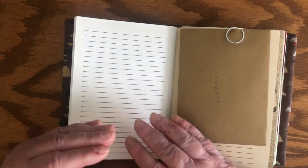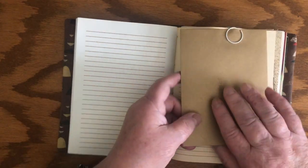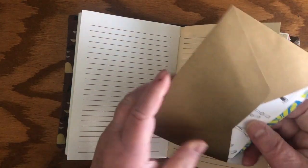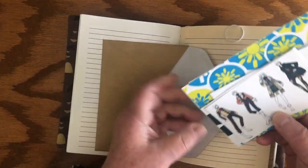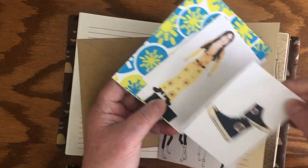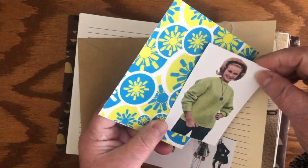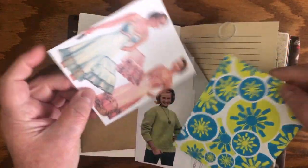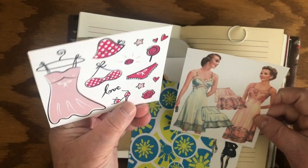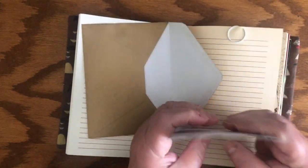So it's entirely up to you how you use it, whether you just start writing your memories, whether you use the prompts, or whether you write memories down to help others. So this one says clothes. So these are just a few pictures of clothes that might jog memories. So there's some 1970s girls with improbably long legs, high tops, a funky Mary Quant jumpsuit, a 1960s sweater, very vivid print, and then some silky looking undergarments and some less silky looking undergarments. Who knows what thoughts they'll trigger, but they're in there to help